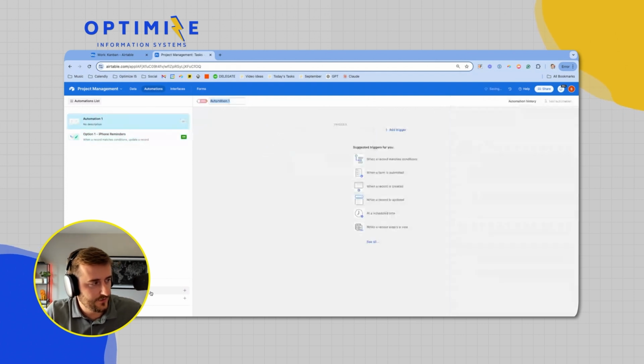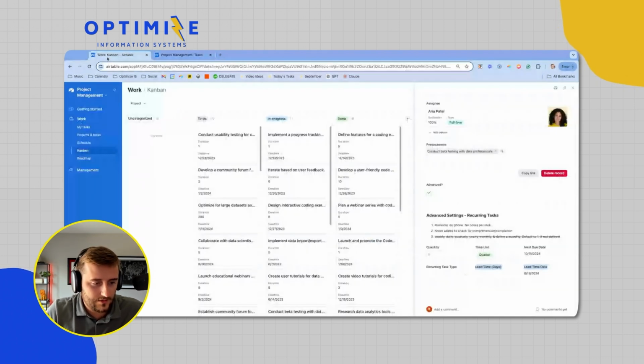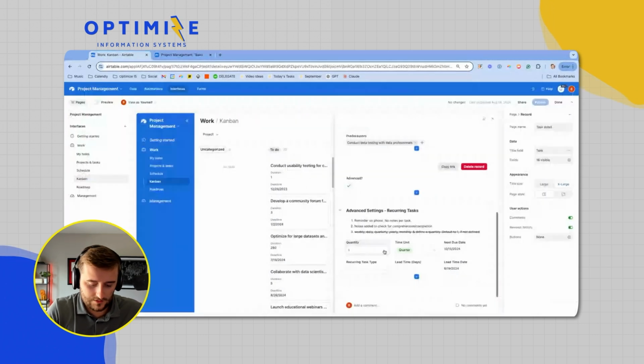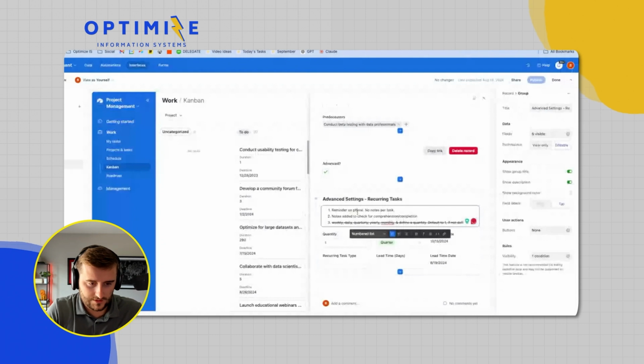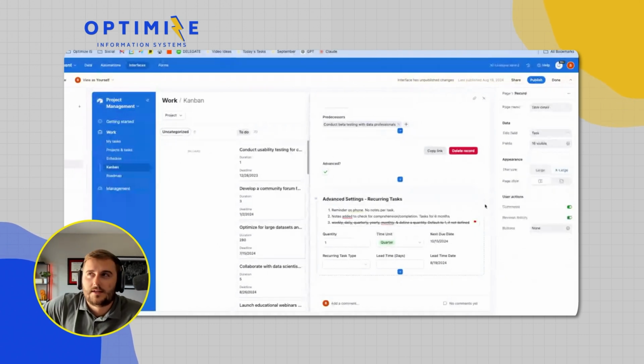And to make things simple, we're going to make this work for up to 6 months into the future. So if I go back to the Airtable base, I'm just going to make a note. This is going to be tasks for 6 months. And if I used an example of a task that needs to be done,